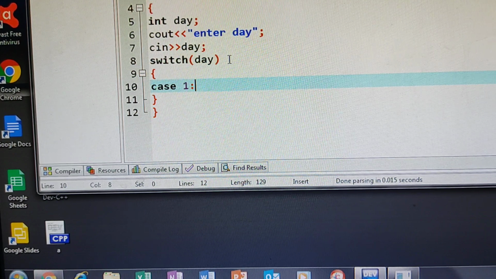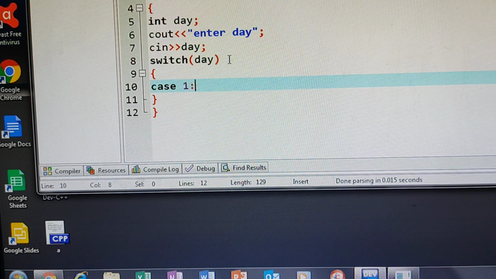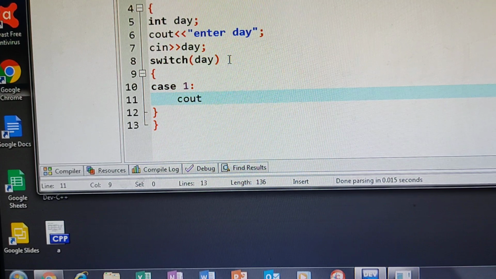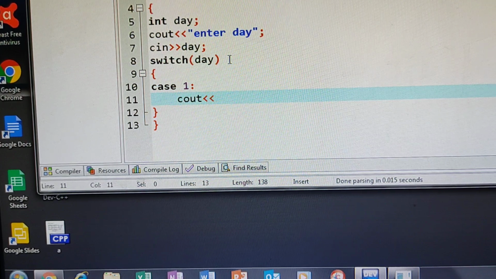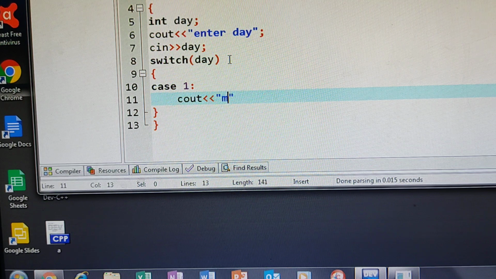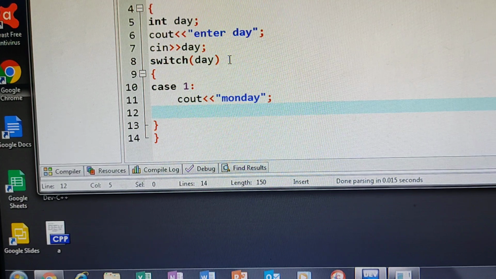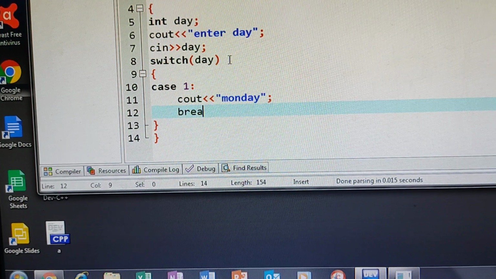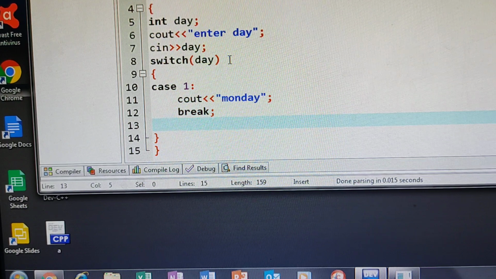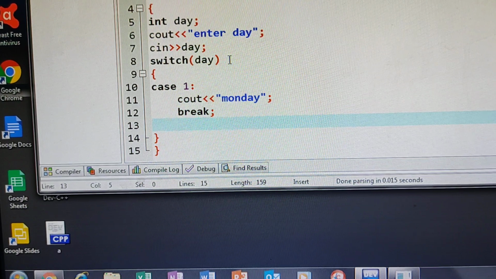It is Monday. Cout, if it is 1, then I am giving Monday. And according to the theory, every case block should end with the break statement.